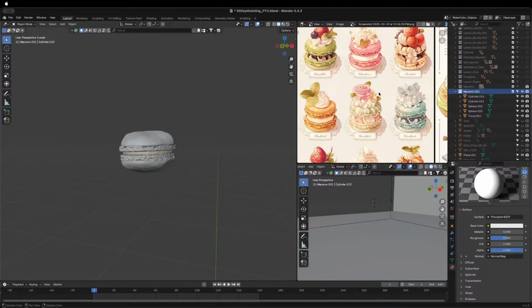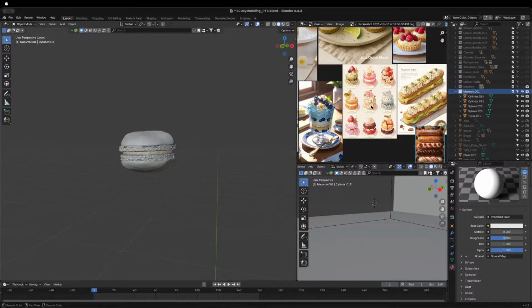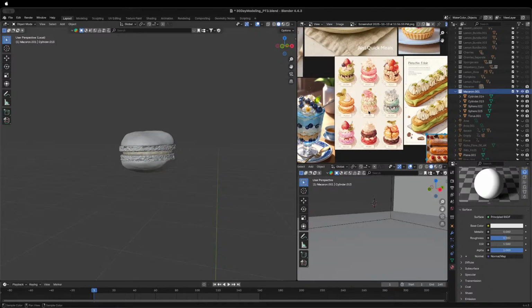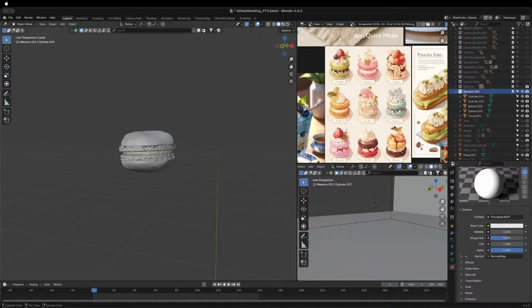So in case in the future we want to do other macaroons, something like this, I think that'd be really pretty, because I still do have my bakery scene that I need to finish. And the idea is to make the sweet treats to put into the bakery scene. So that'd be really pretty to just have all different sorts of macaroons. So we do have the base, and then we could just add a bunch of fun stuff to each one,